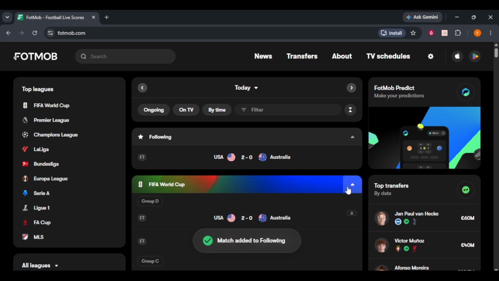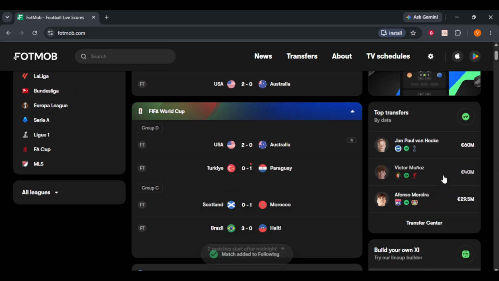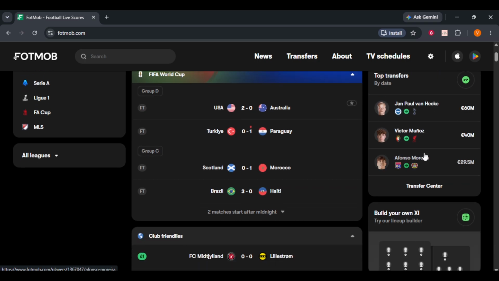One of the best features is the detailed player stats section. By tapping on a specific match, you can view expected goals, heat maps, and live player ratings that update in real time. You should also check out the News tab, which aggregates top stories from major sports outlets based on